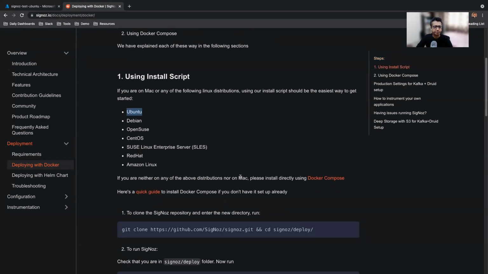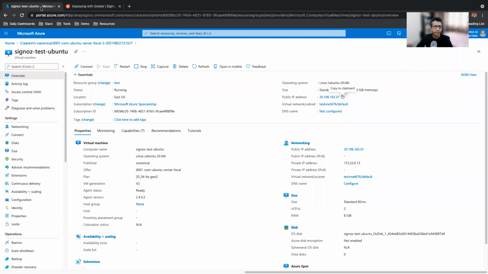Before going further, I'll show you that I have already created a new Ubuntu machine in Azure. It's a 20.04 Azure VM with 2 CPUs and 8 GB of memory.